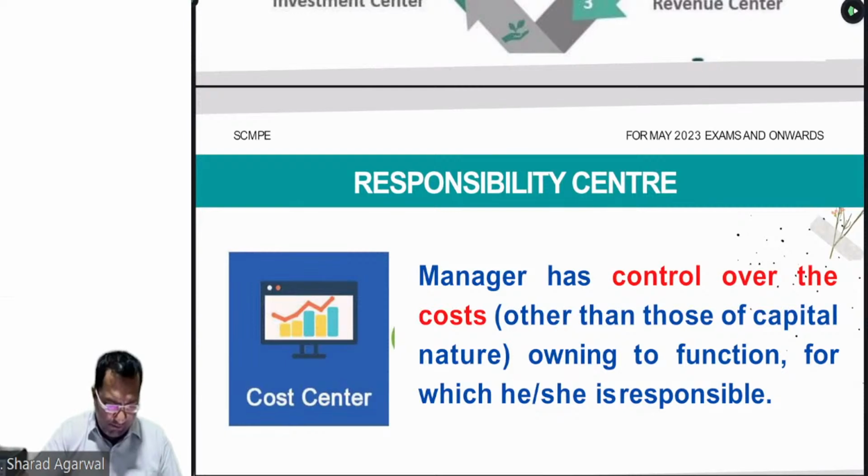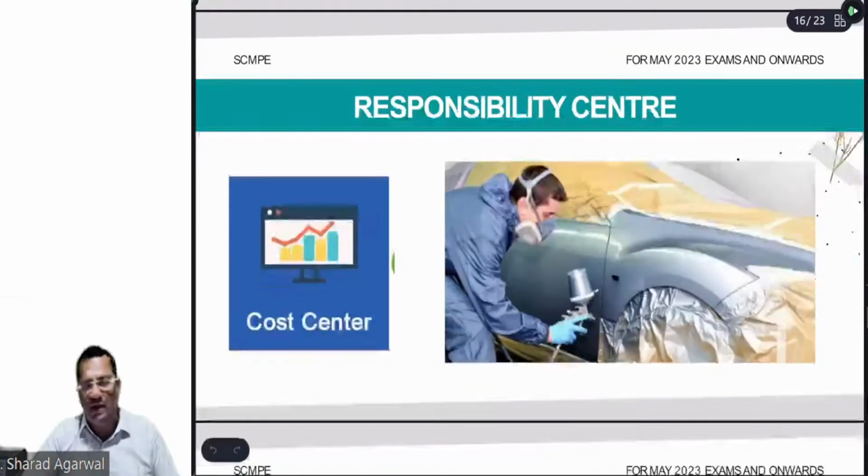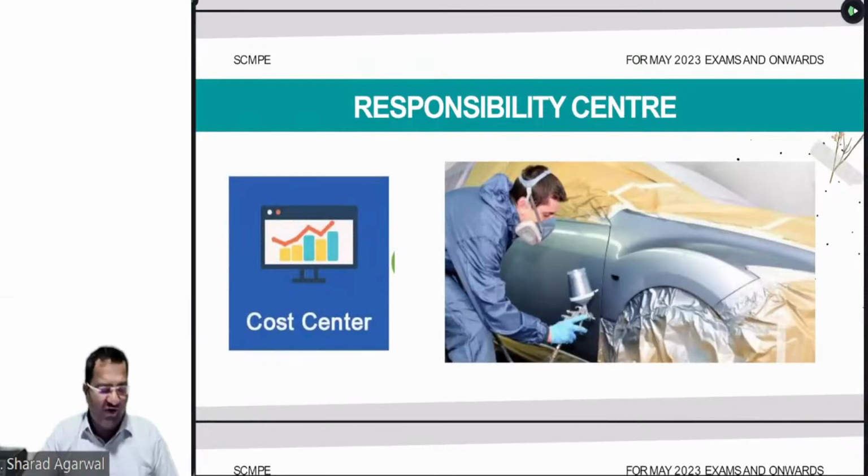Okay बेटा, तो इसका बेस्ट एग्जांपल दो मैंने आपको दिया है. एक तो बोर्ड ऑफ स्टडीज का आप ले सकते हो एग्जांपल रिगार्डिंग द प्रिंटिंग डिपार्टमेंट, एंड द सेकंड एग्जांपल इज गिवन इन द स्टडी मटेरियल. In a car manufacturing company, the painting department can be considered as a cost center whose performance will be evaluated based on the cost.